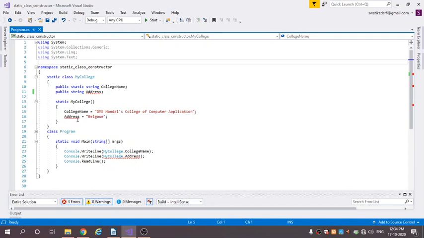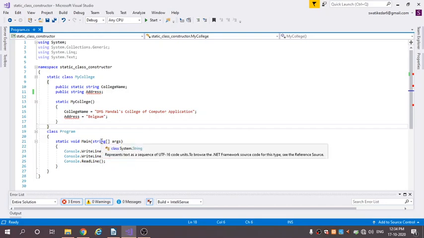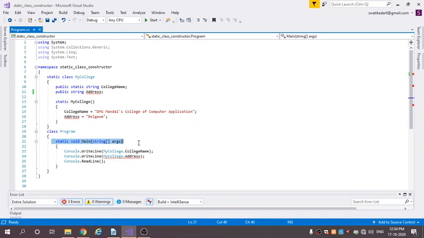After that address is equal to Belgaum, and you have to close the bracket of the static constructor. You have to close the static class bracket. After that we have taken one more class, Program. Inside the class Program we have created the Main method, static void Main, and program execution starts from this method only.